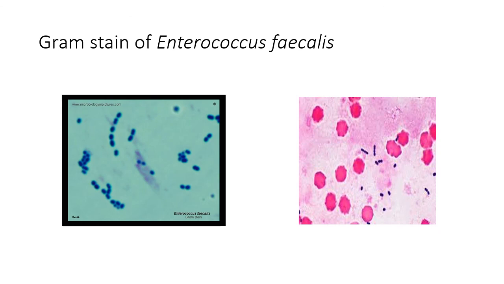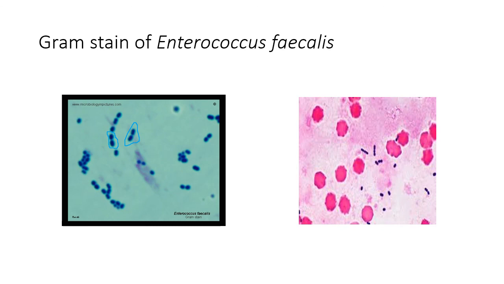Now coming to Enterococcus faecalis, which is now distinct from Streptococci. It is a very hardy bacteria. It is primarily an inhabitant of the GI tract, and thus you know that it is resistant to bile. It can grow in the presence of bile. Usually you see them not really as diplococci, but in pairs, and they are usually arranged in obtuse angles, which is a very characteristic appearance of enterococci. So they are ovoid, they are arranged in obtuse angles, and here of course you can see the pus cells as well.